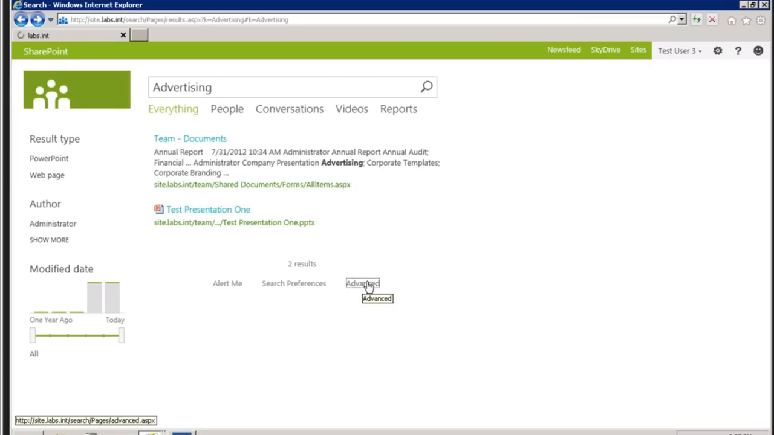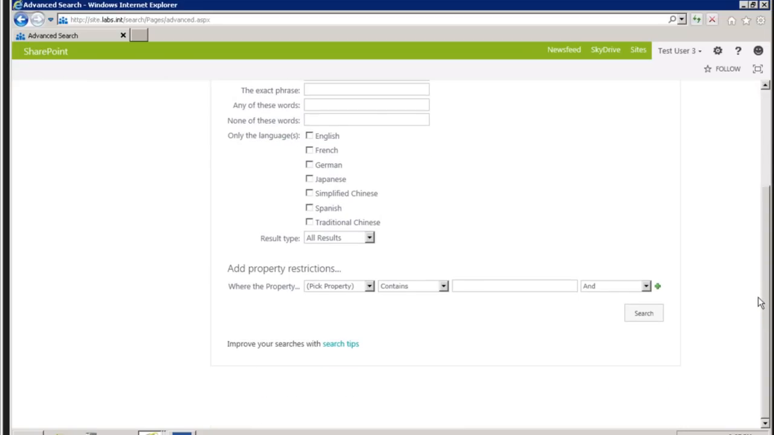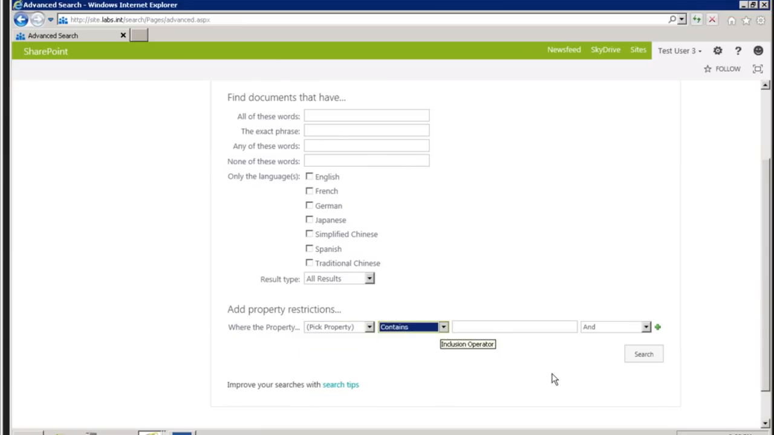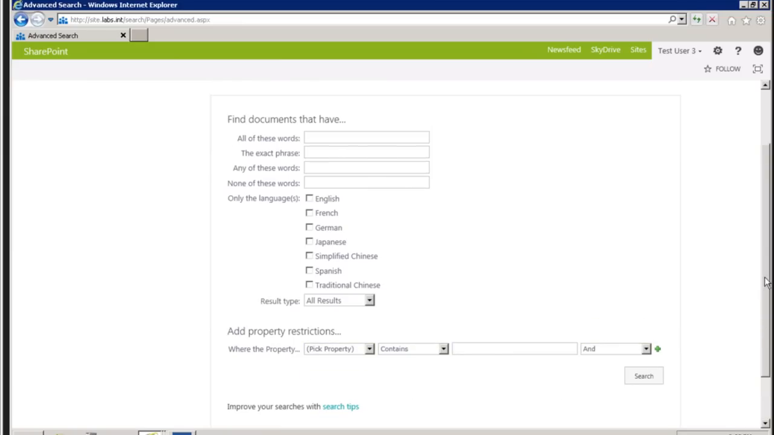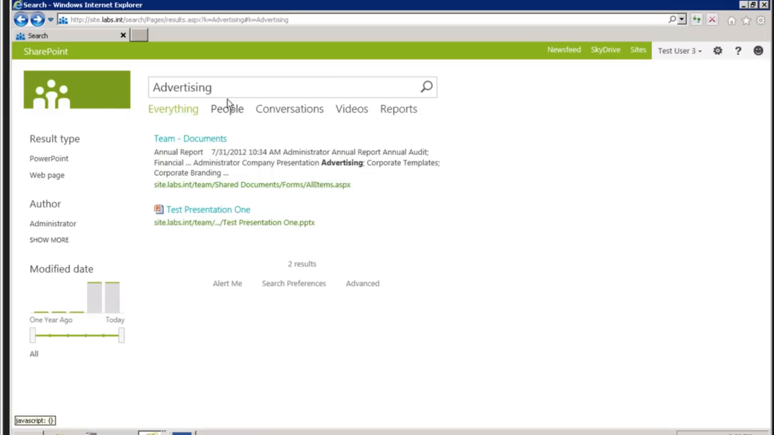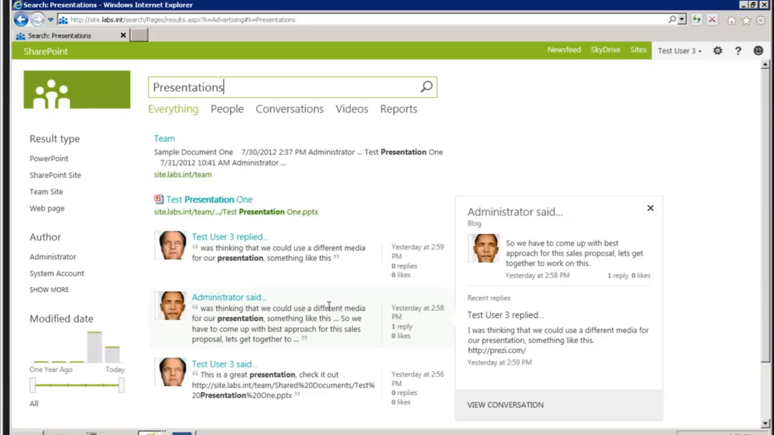We can also click on Advanced. I'll click on the Advanced link, wait for that to load. You'll get the same idea that you've been used to before, where you can go through, pick your properties, do query matches, and then do and or parameters all together. But what is really useful is when it comes to here. So if I do a search for presentations, it's going to bring back, now notice what it brings back when I select everything. We're not only getting team sites, we're getting documents, but we're also getting comments